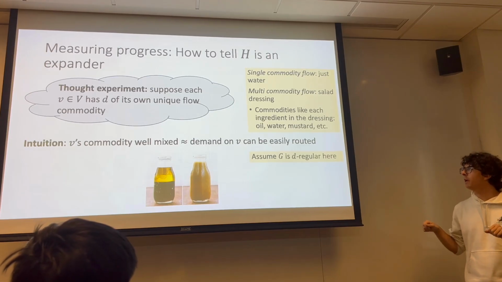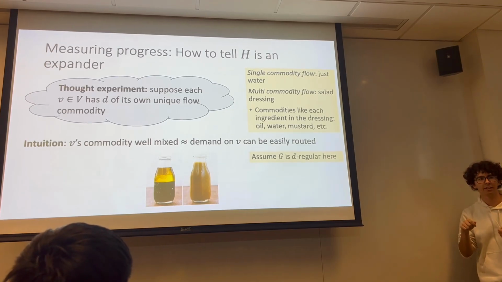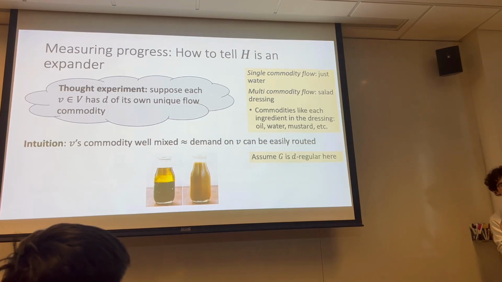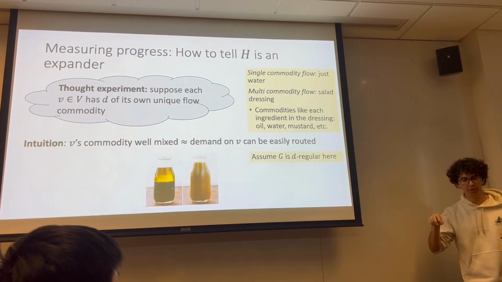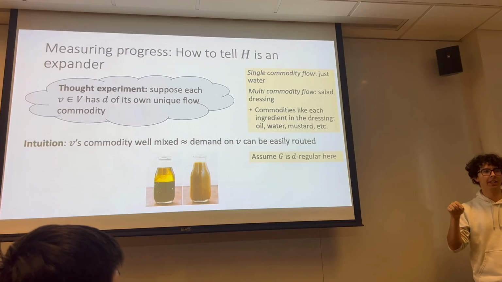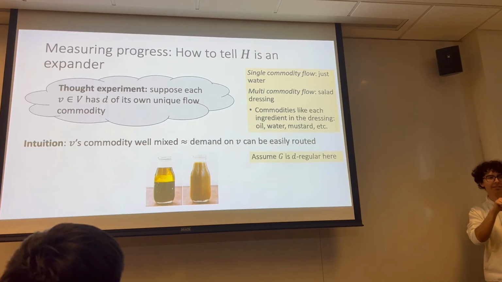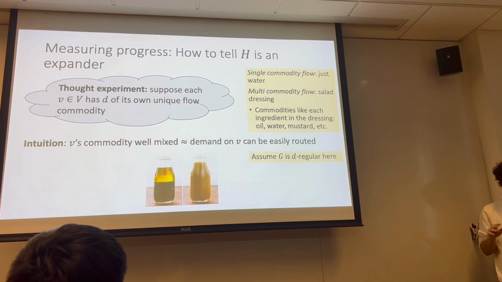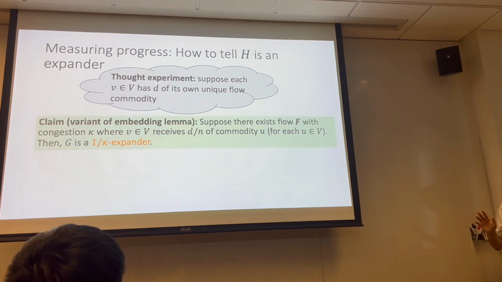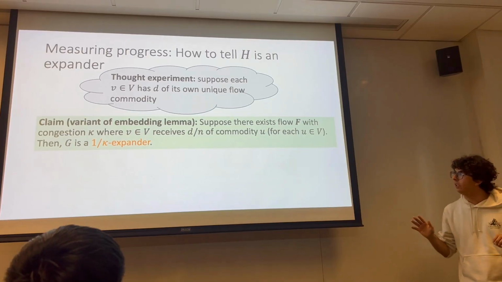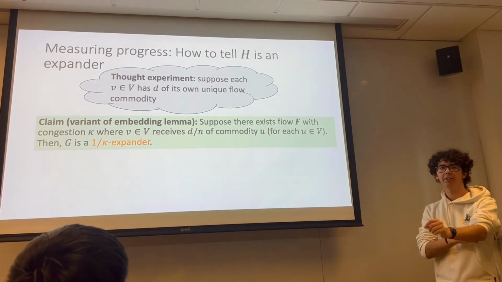It sort of gives you a way to route any demand on that vertex. There's a way to mix it up so you could send its demand anywhere in the graph, by taking that flow path to send it there. There's a formal version of this, which is a claim that is actually secretly a variant of the